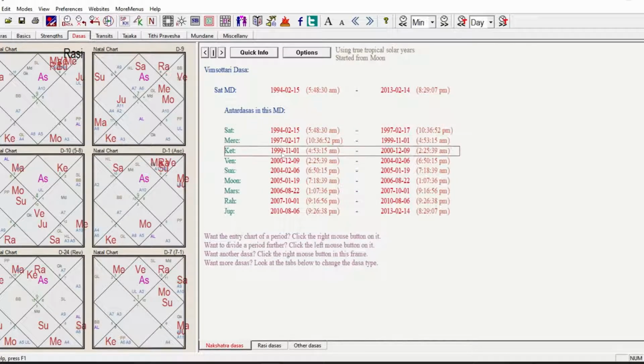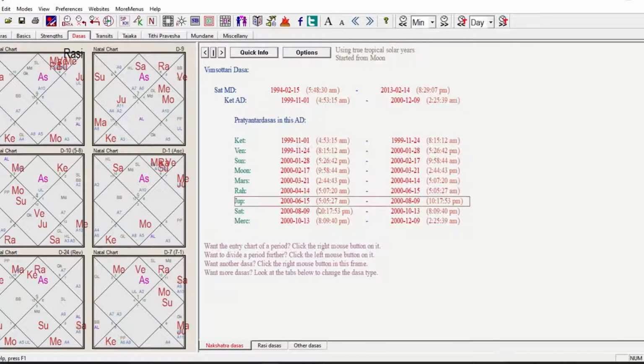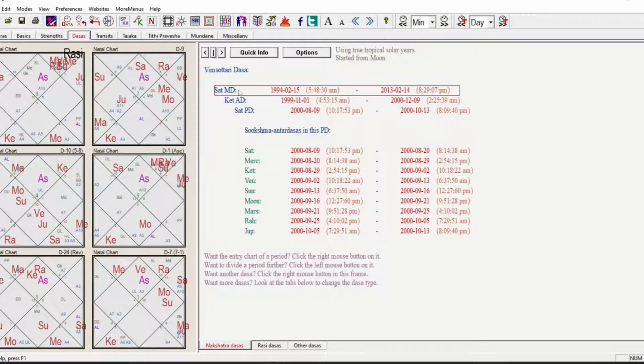So you have to go to the year 2000. Here it starts from December, so you have to go to the previous one, that is Saturn dasa, Ketu antardasa, and in the month of August, suppose 10th of August, from 9th August it is the Saturn Pratyantar Dasa. You need not go into this detail. These three levels are sufficient enough to